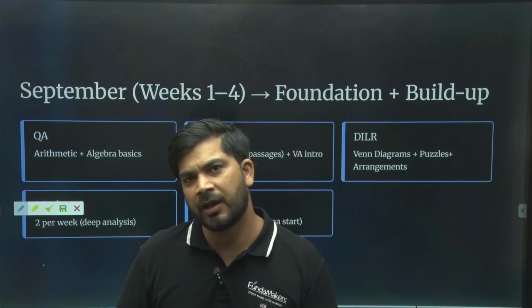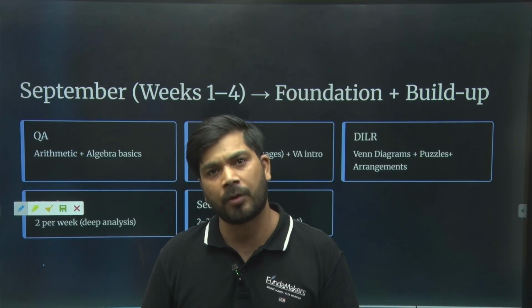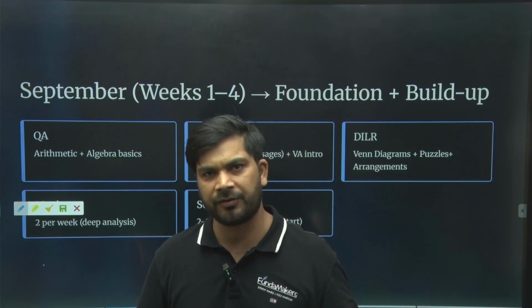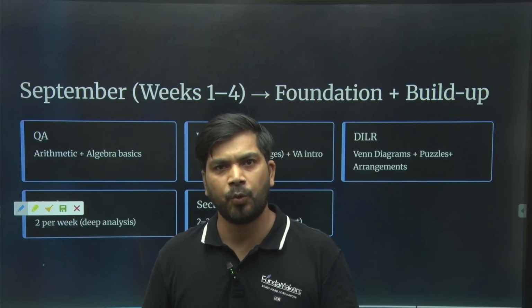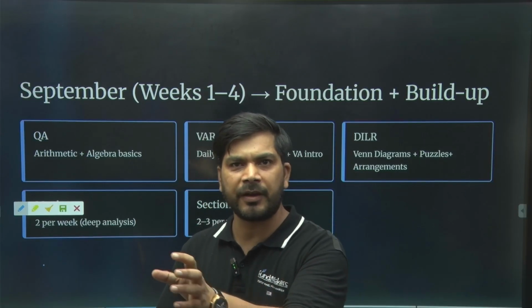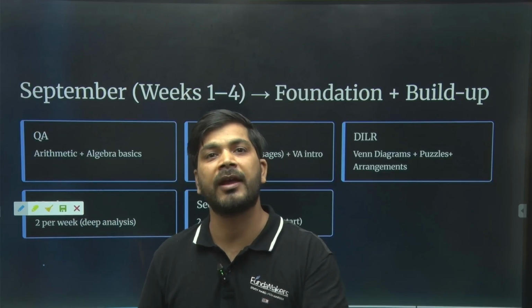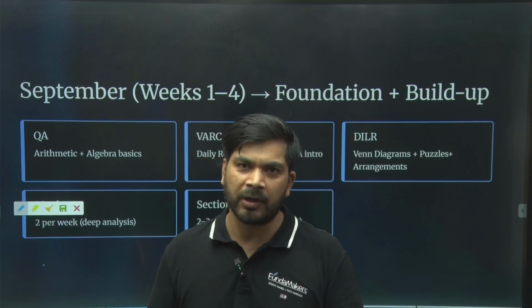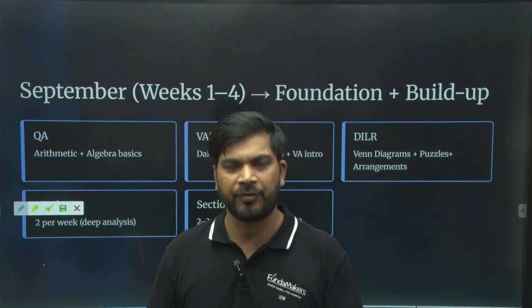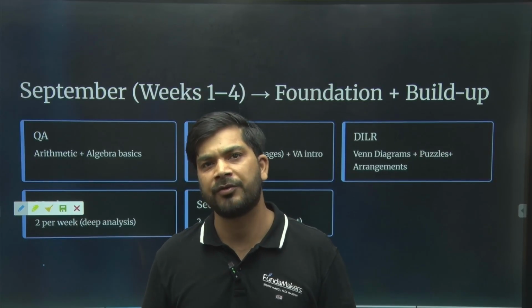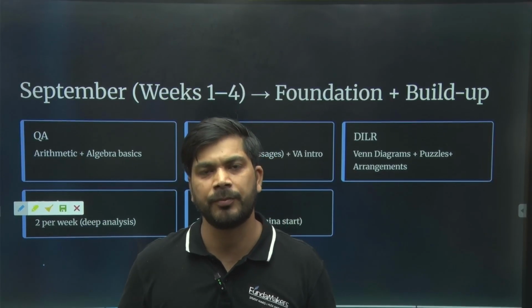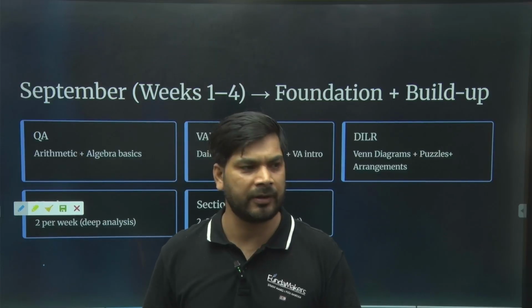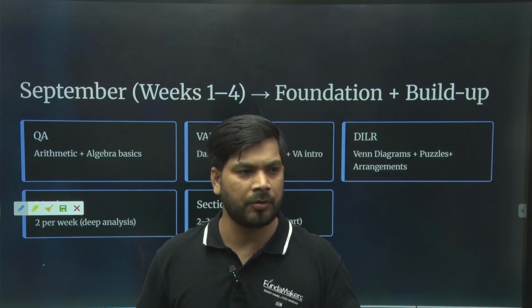As far as VARC is concerned, make sure that you're reading topics like psychology, sociology, public administration, philosophy, eclectic reading. Read from every subject so that the terms used in every kind of writing are very familiar to you. Once you have familiarity with every kind of subject, moving on to reading comprehension past year questions will become very easy for you, because you will have paragraphs from science and tech, philosophy, literature, critical analysis, and reporting also.